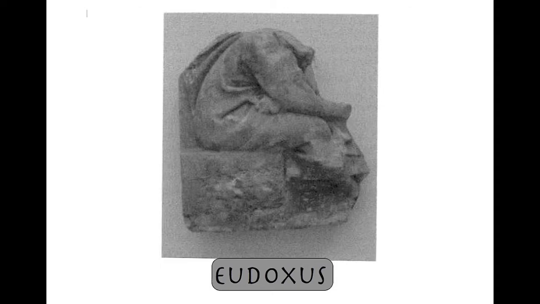Eudoxus of Cnidus, 408 to 355 BC, attempted to explain the motion of the wandering lights with an ingenious scheme